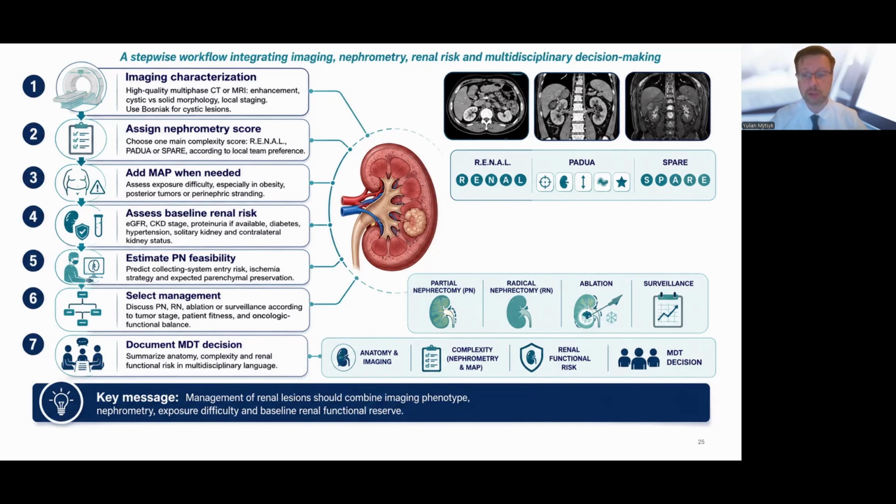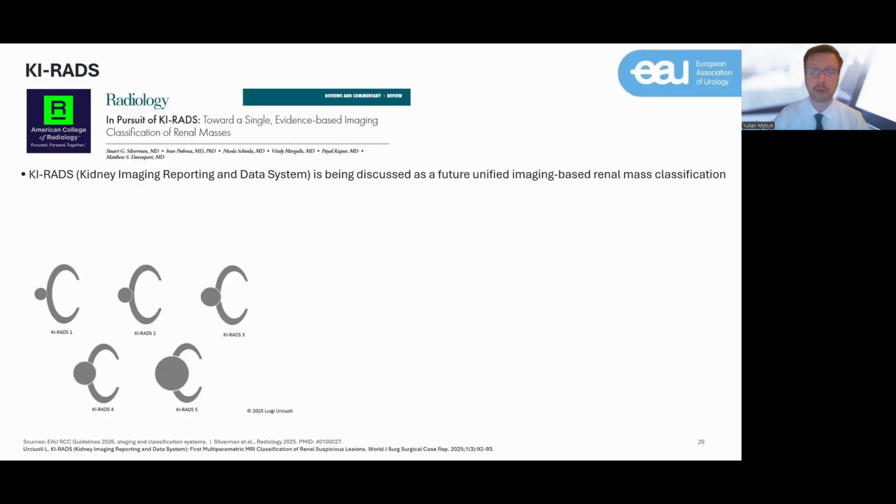So the key message is that the management of renal lesions should combine imaging phenotype, nephrometry, exposure difficulty, and the baseline renal functional reserve. Now let's talk briefly about the future direction. The KI-RADS is a developing framework, not currently validated and not currently presented for clinical purposes. It's currently in development,